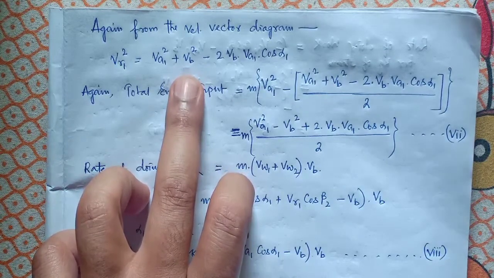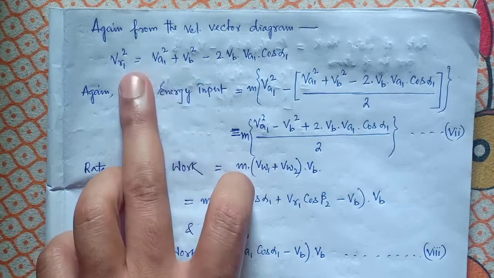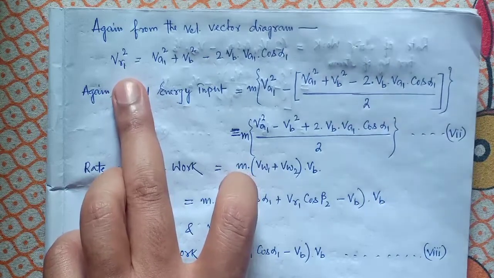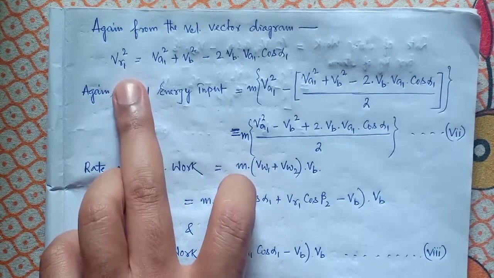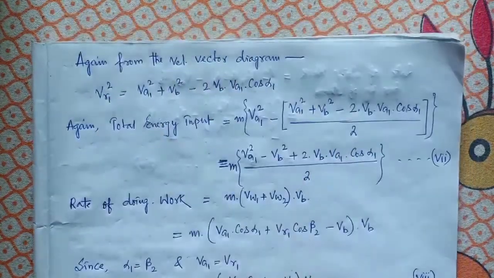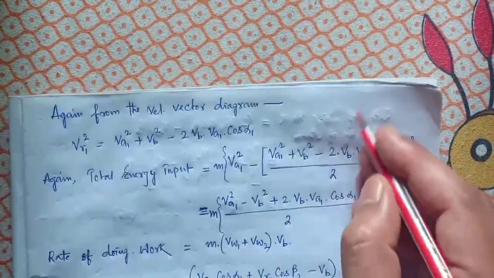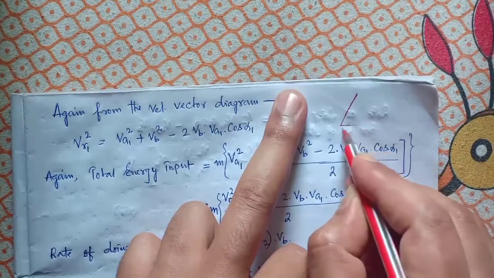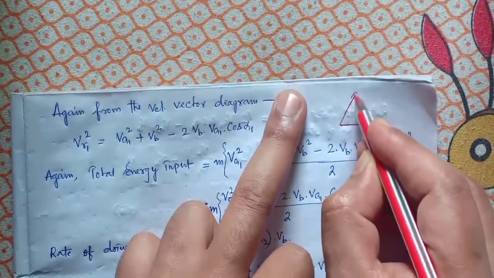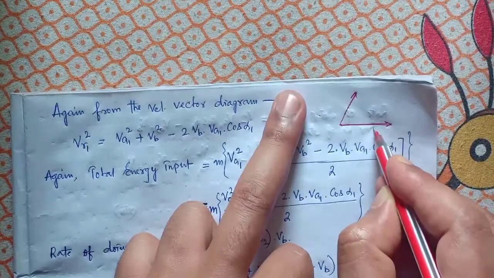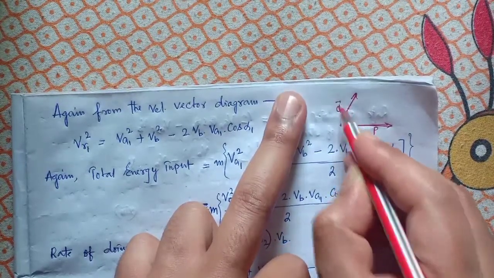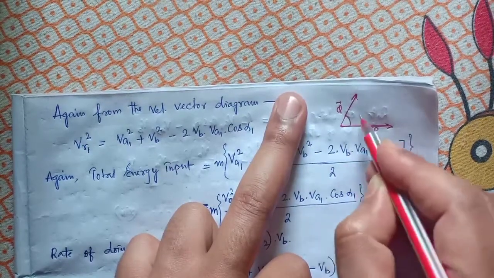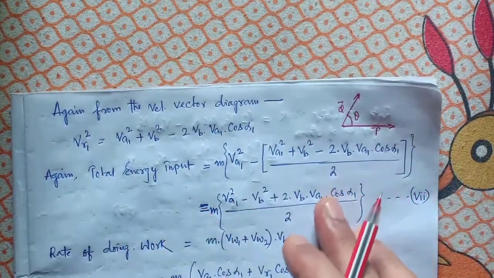We found the same expressions when we studied the parallelogram law in mechanics. I can draw it for you, it is very simple. Suppose there are two vectors, one is P and the other is Q, and the two vectors are at an angle theta with each other.